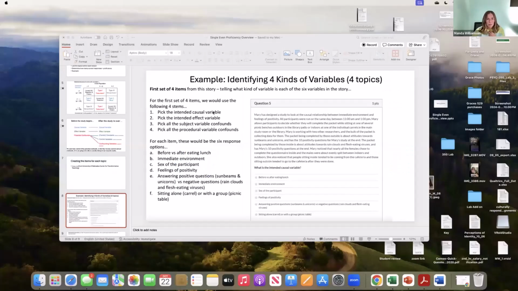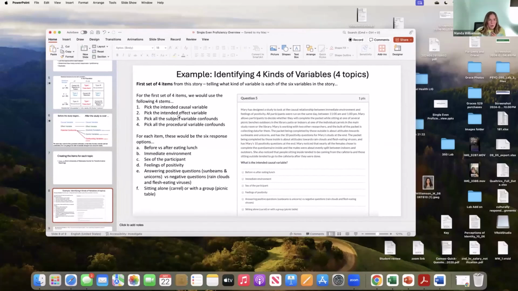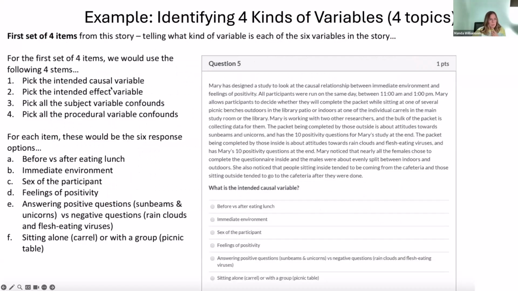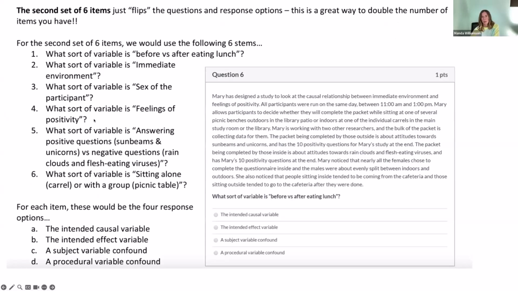I didn't spend a whole lot of time covering it because I wanted to make sure I got done. From this particular example, people have to identify causal variables, effect variables, and 2 different types of confounds. One thing that Cal does really well is he presents questions in the form of a real story. It looks like an actual study that was conducted. The longer the paragraph they have to read, the more items you can pull out of it. There are a number of different variables, and for each question that I put in here, I can put the name of a variable and I'm going to have the same 4 distractors.